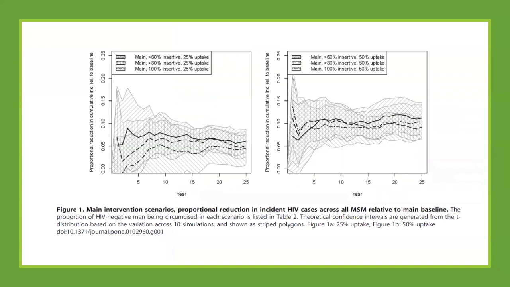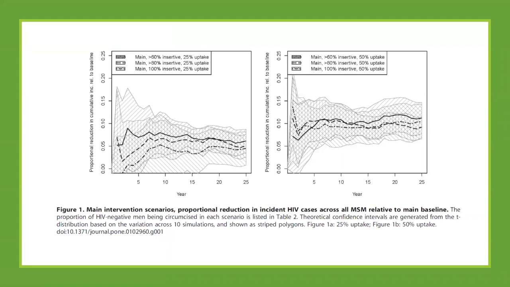And this is our main result. So over here we have 25% uptake. Over here we have 50. This model, by the way, was done just in the Peruvian setting because coverage of MMC was basically nil. So it was sort of the best case scenario of where an impact could be had. And you can see that, well, there's a lot of variability, but overall, it makes a difference, but it doesn't make a big difference.